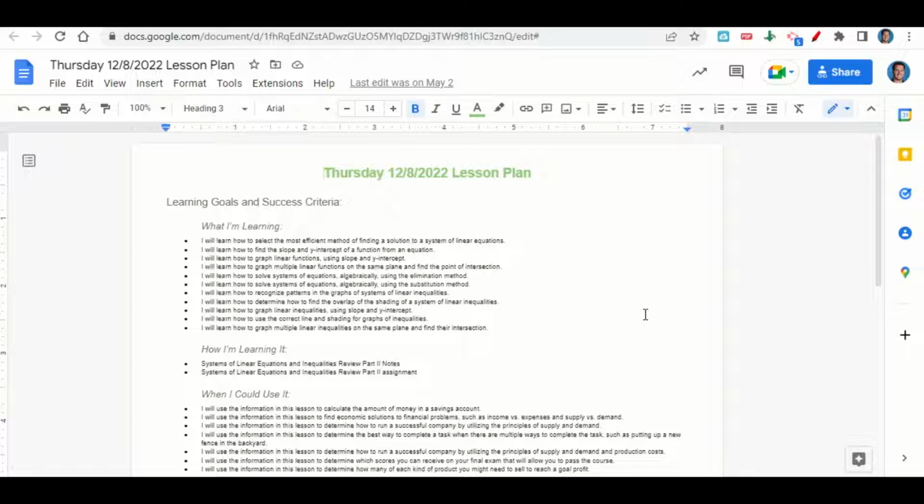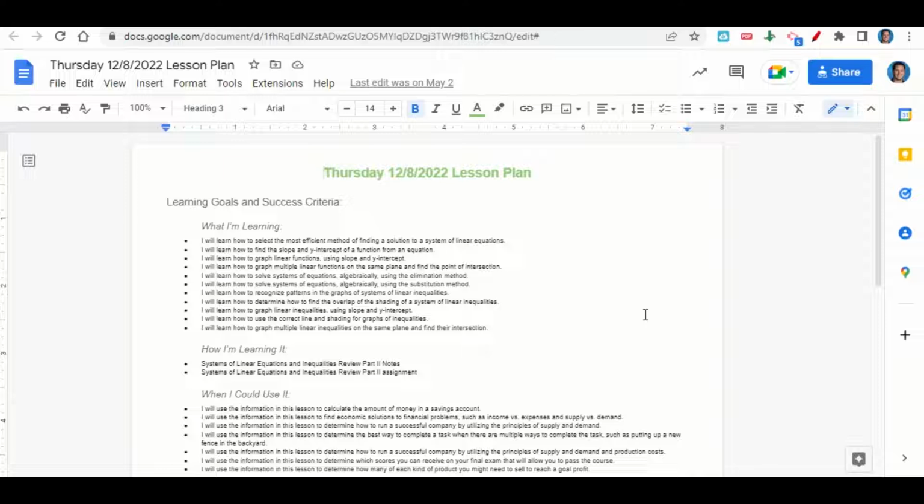We're learning how to select the most efficient method of finding a solution to a system of linear equations, how to find the slope and y-intercept of a function from an equation, how to graph linear functions using slope and y-intercept, how to graph multiple linear functions on the same plane and find the point of intersection, how to solve systems of equations algebraically using elimination method, how to solve systems of equations algebraically using the substitution method,